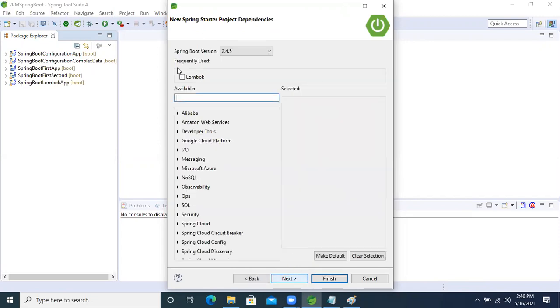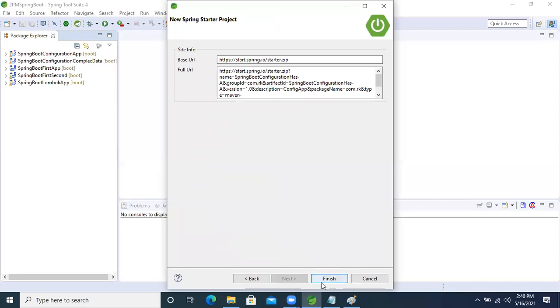Next, select Lombok. Guys, I will tell you how we will select Lombok, and how to add it if you create the project and forget to select any dependency. Here I'm unselecting it. Now I'm going to create the project, new, finish.